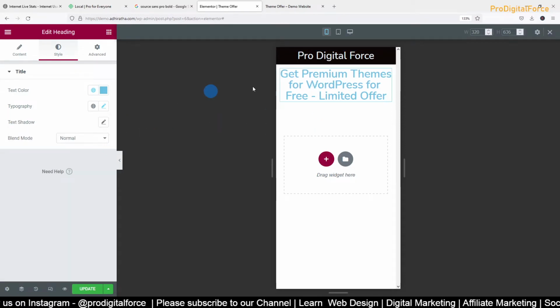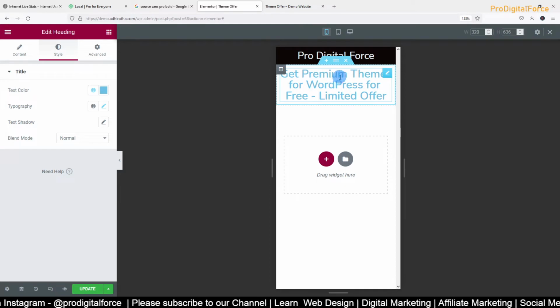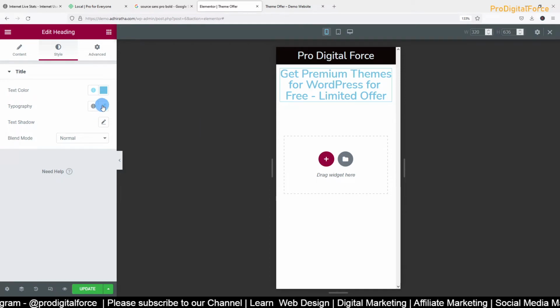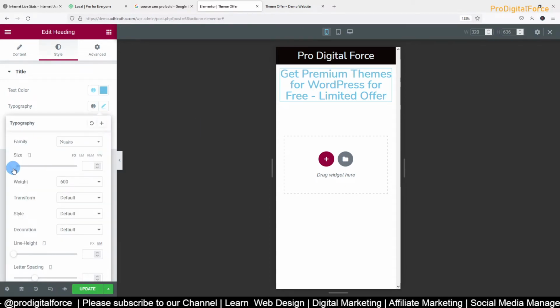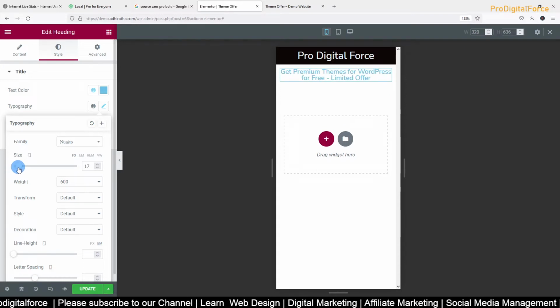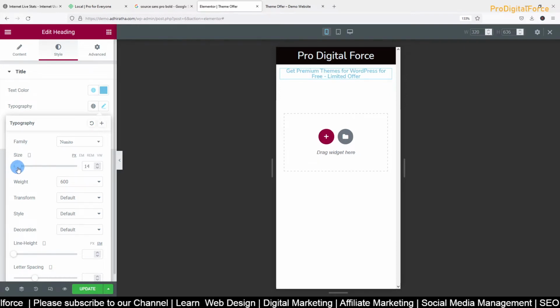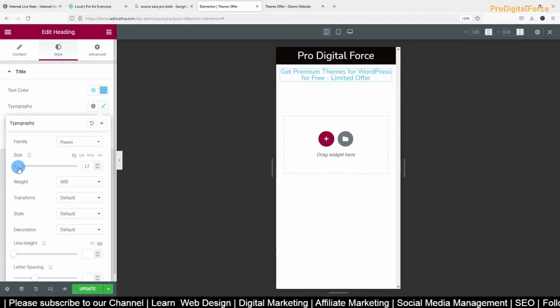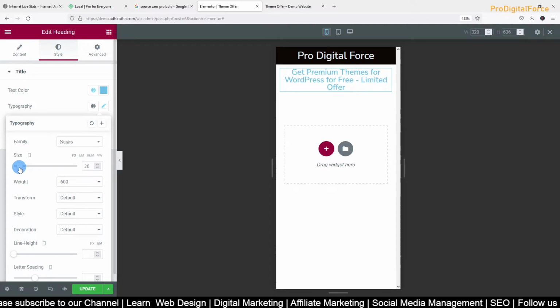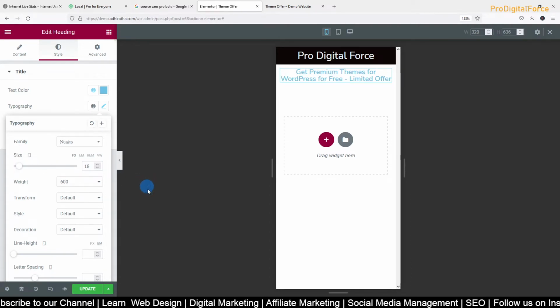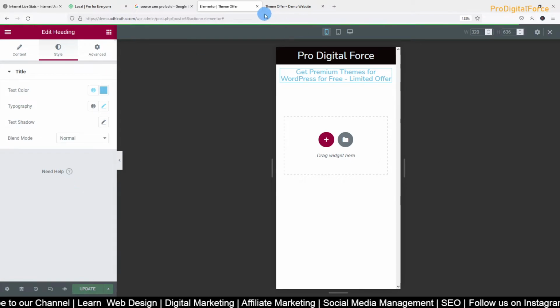Even this one is okay, but it looks too dense. So again I'll come here. Something like that. Fine. Now two things are done.